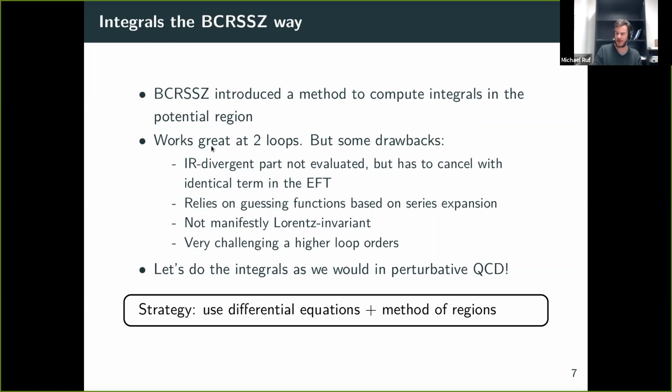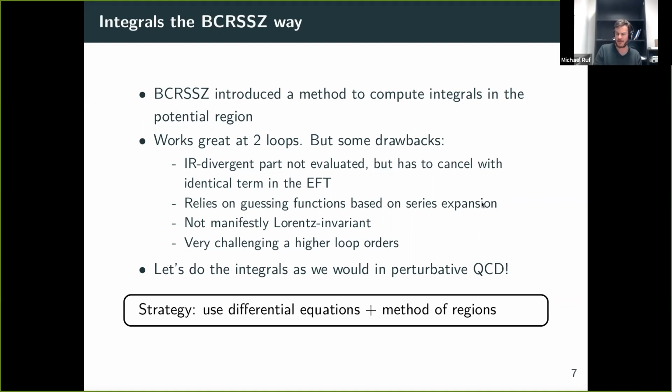This method works very nicely at two loops, but there are some drawbacks to it. For example, you cannot compute IR divergent integrals which appear in the calculation, so you have to manifestly cancel them with other integrals that appear in the EFT matching. Also, the series expansion relies on knowing the set of functions that can appear in the problem, and